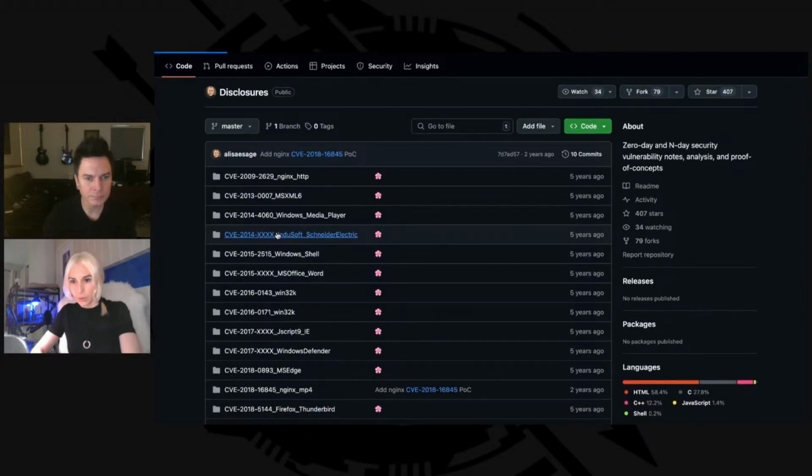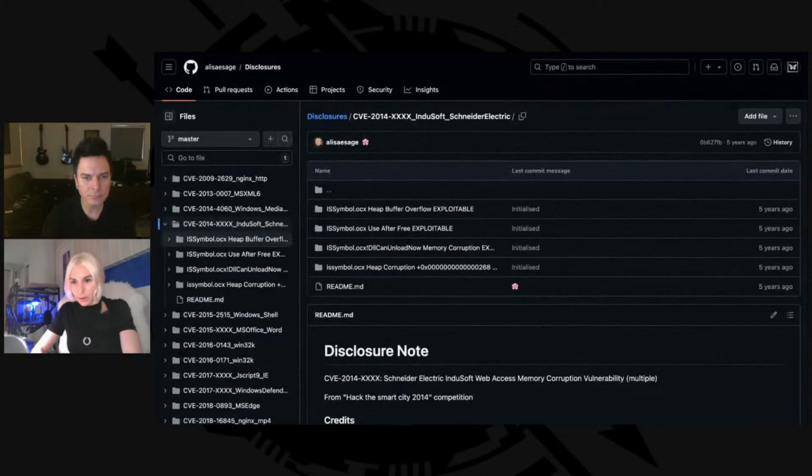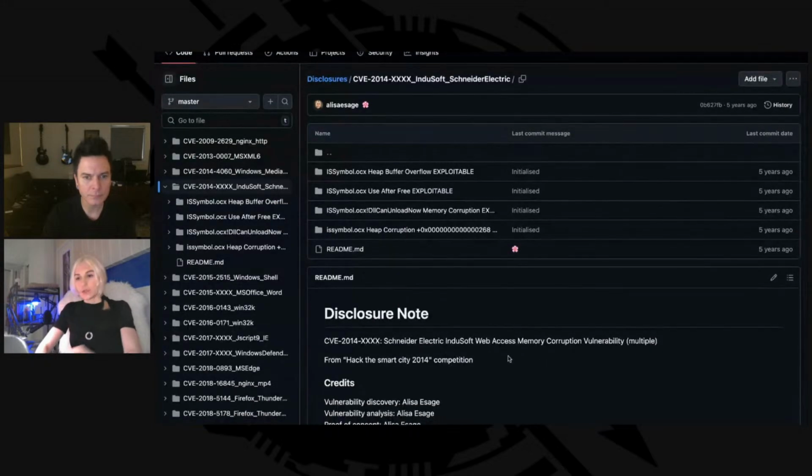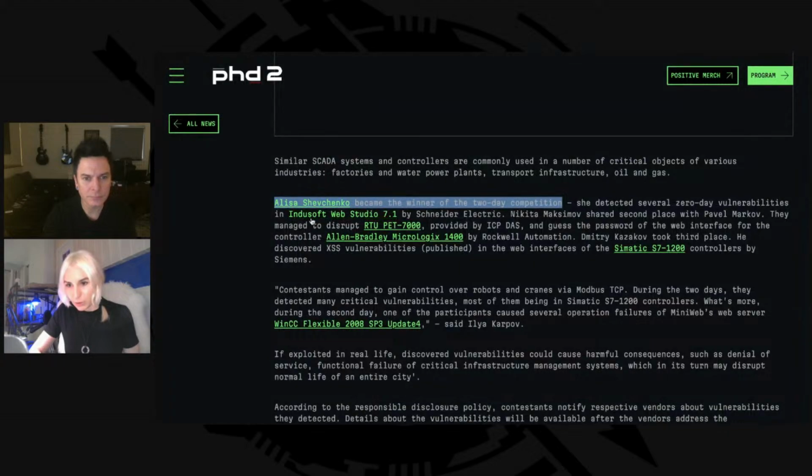Here I have this box. So what is in the Soft Web Studio? This is a typical industrial control system. It looks like it has some user interface and it accepts various inputs. Maybe there are some ports open, whatever.